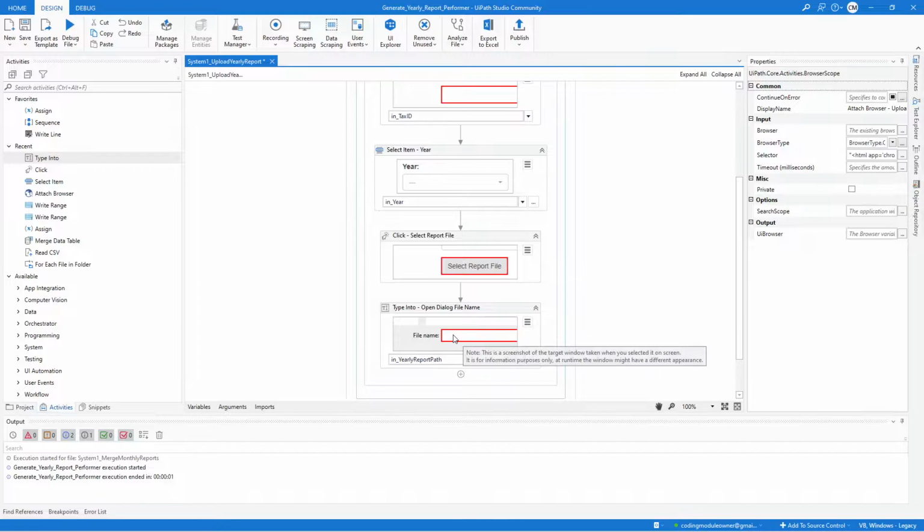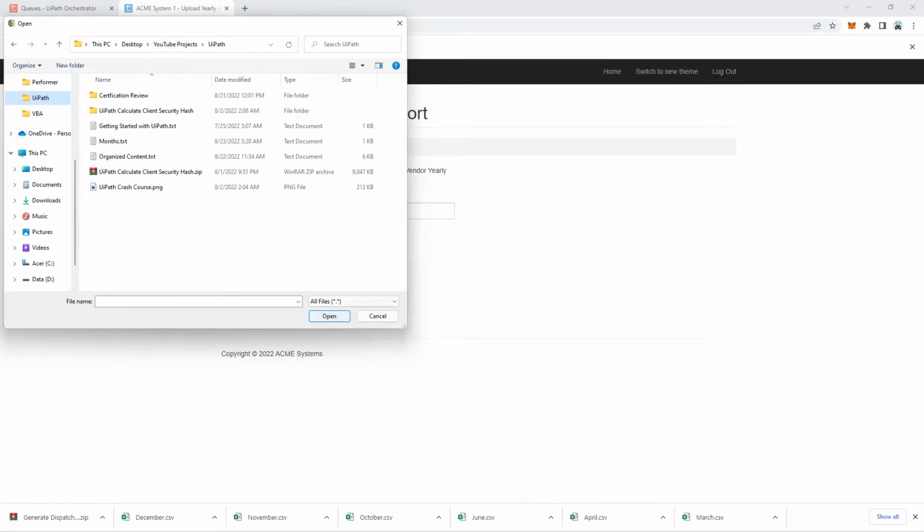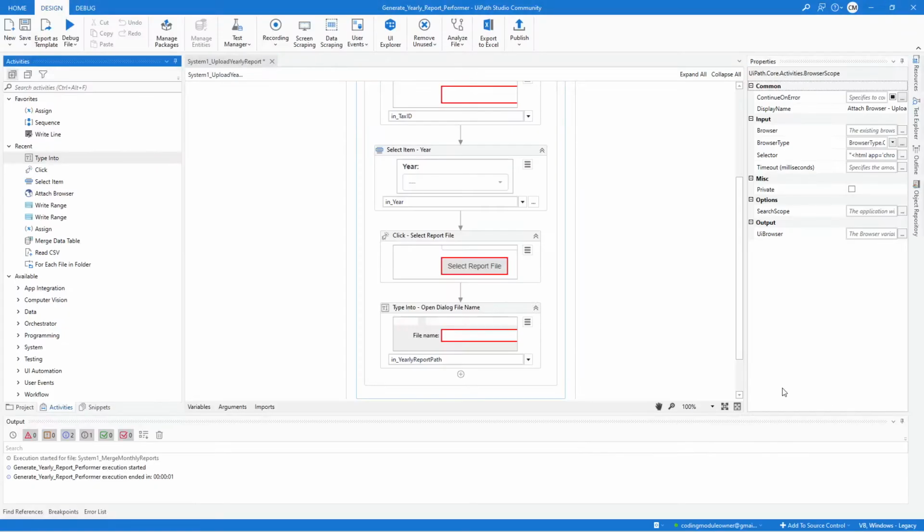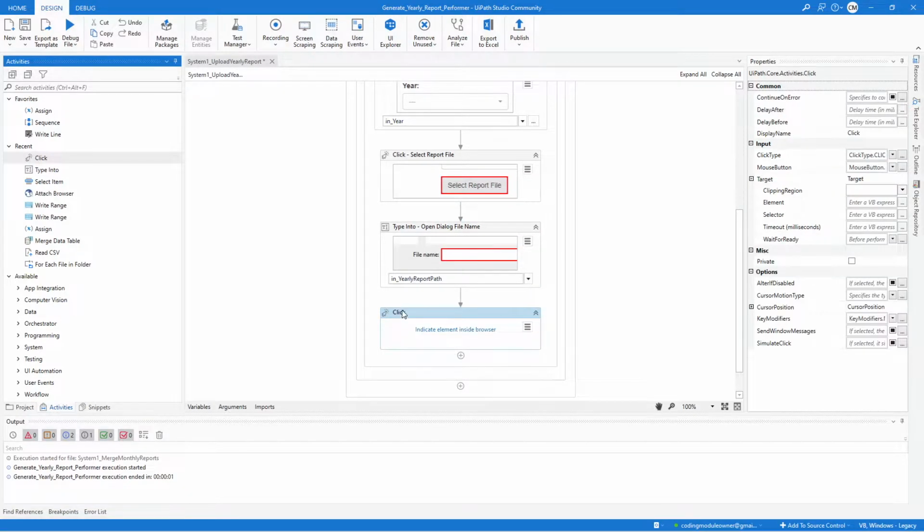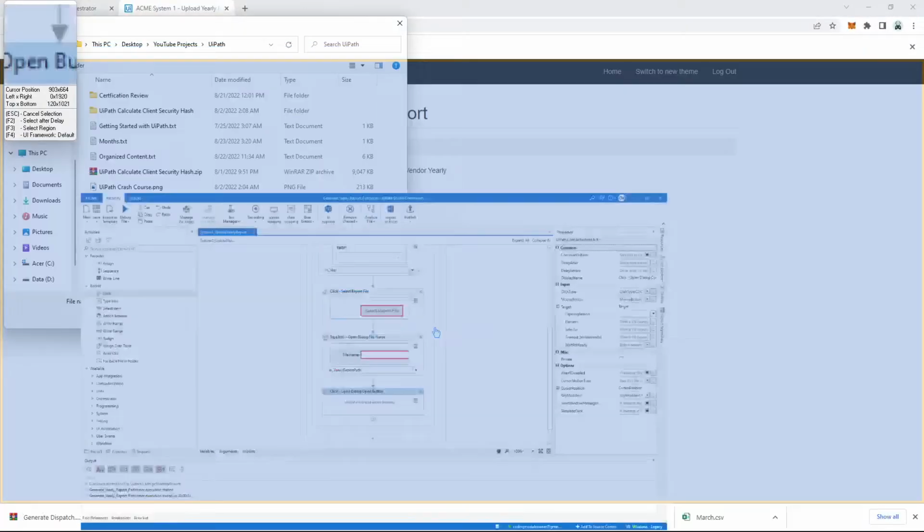So next to that, after we type the file path, we need to click the open button on that open dialog. So we need a click activity for that. So click, I will just indicate here open dialog open button. Now let's indicate the button